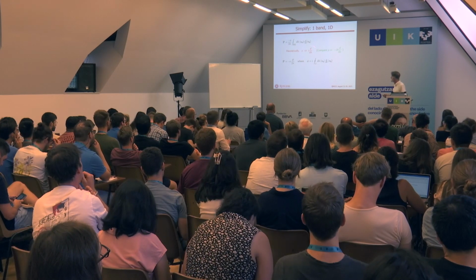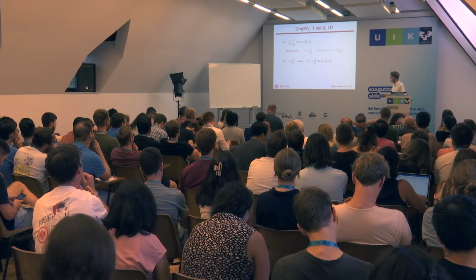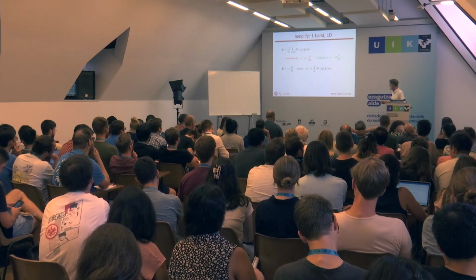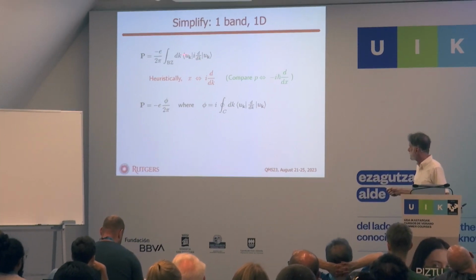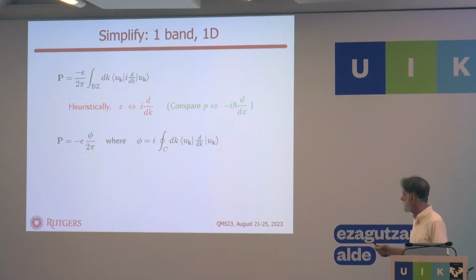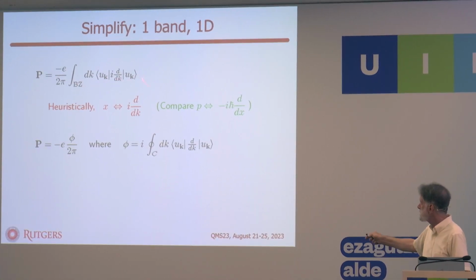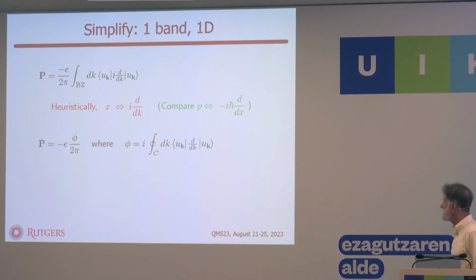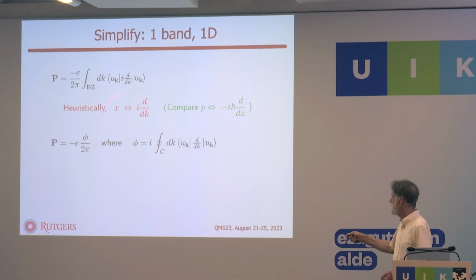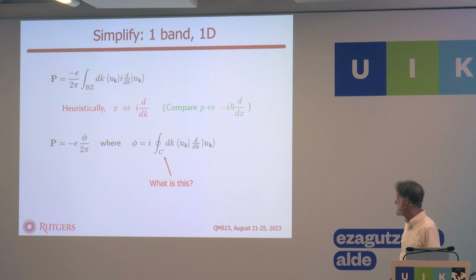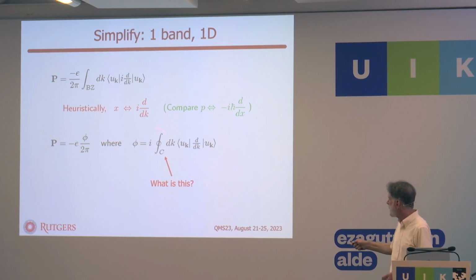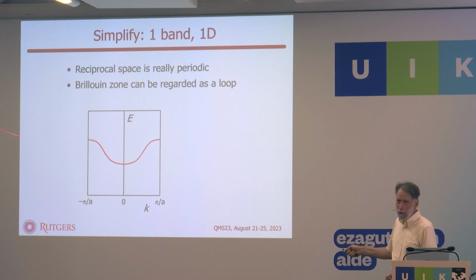So let's do this in one dimension to make things simple. This is basically the Berry phase of the Bloch band represented in terms of the cell periodic Bloch functions. This is the Berry connection. I integrate over the closed loop, which is the one-dimensional Brillouin zone, and I'm telling you that that Berry phase divided by 2 pi gives me the polarization. So again, I'm writing this heuristic connection, and I'm writing that this is the Berry phase, and the polarization is just the Berry phase. I wrote this as a closed loop integral,